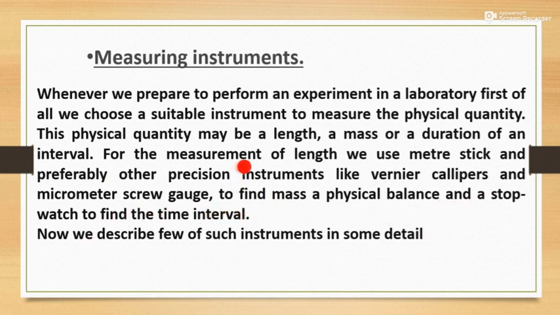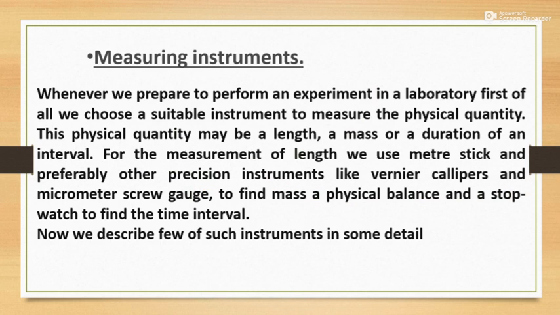When a precise, accurate measurement is needed for the smallest objects, we use the vernier caliper and micrometer screw gauge. The vernier caliper and micrometer screw gauge are measuring instruments used for the length of objects, the diameter of objects, and the radius of objects. We will use these instruments.